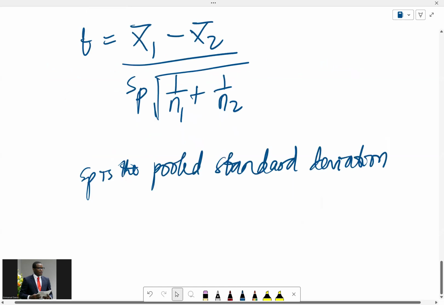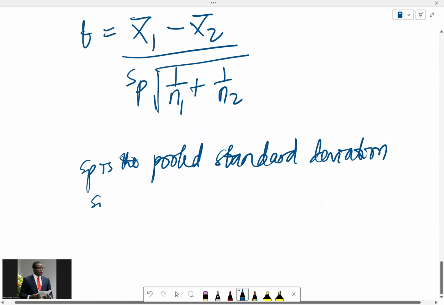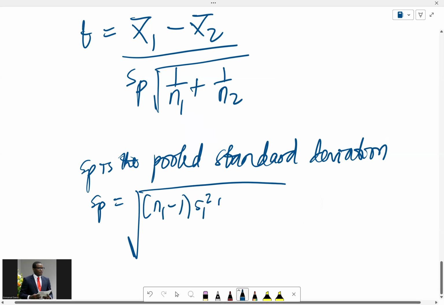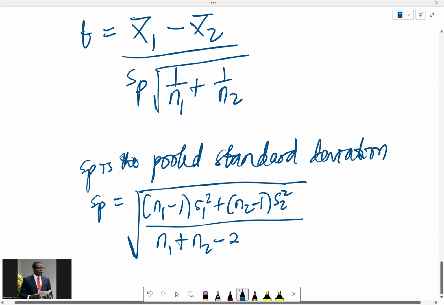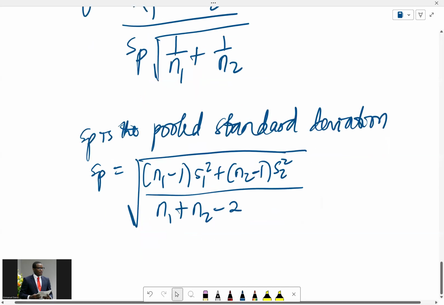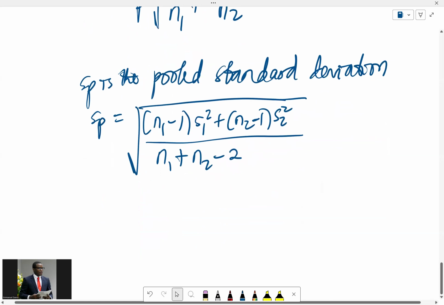Okay, which is given by this: sp equals square root of n1 minus 1 s1 squared plus n2 minus 1 s2 squared divided by n1 plus n2 minus 2. So this one is talking about the degree of freedom. That's n1 minus 1 plus n2 minus 1. So that's overall n1 plus n2 minus 2, like that. So if you put the values now,